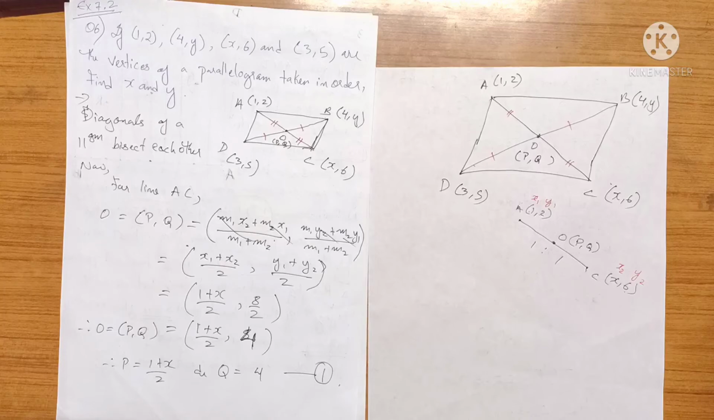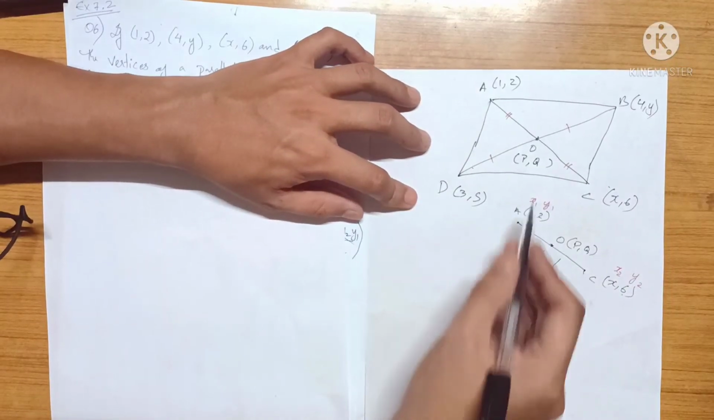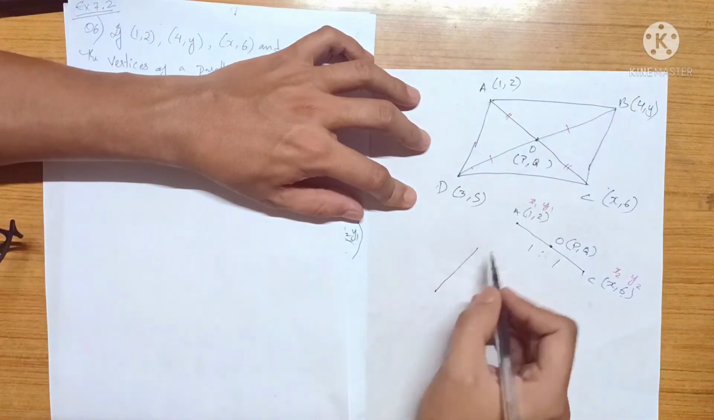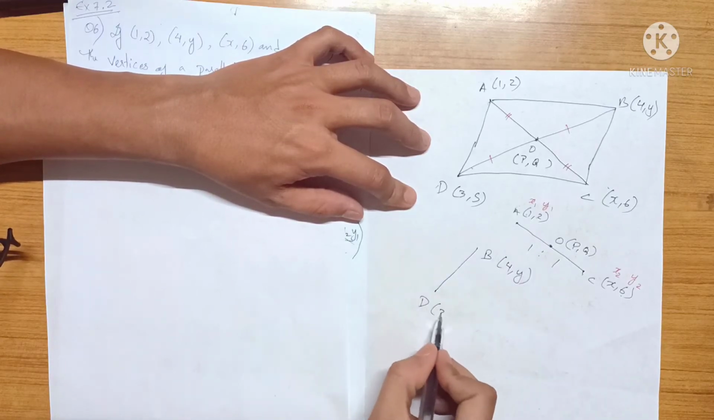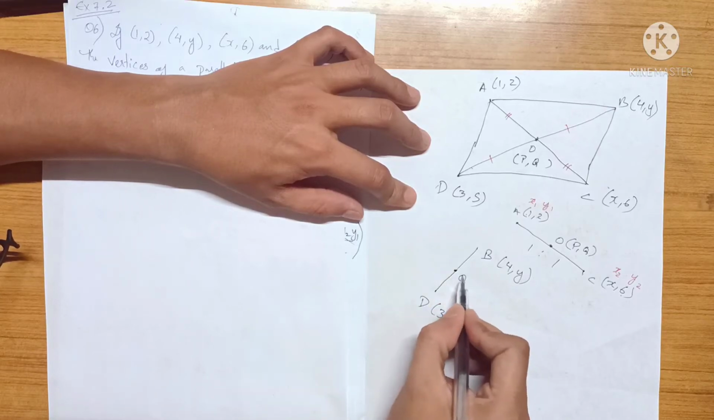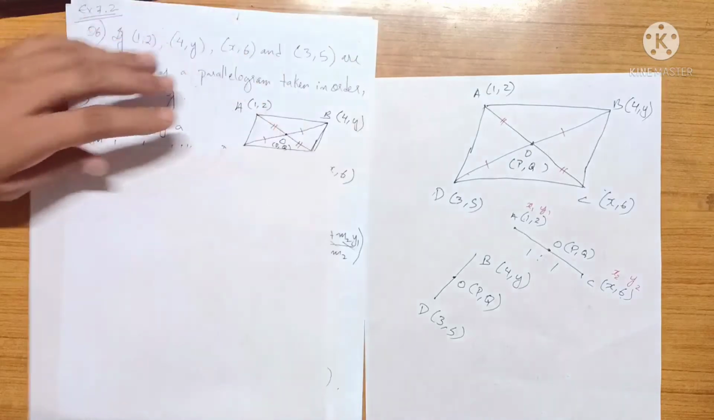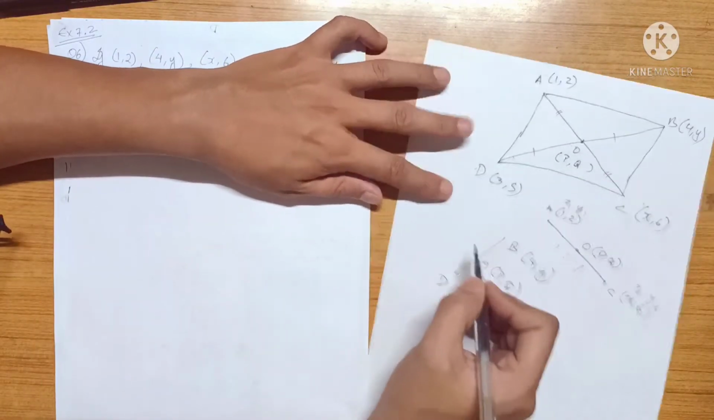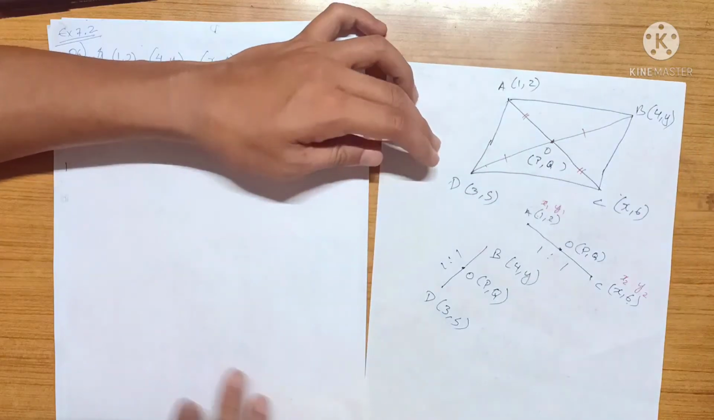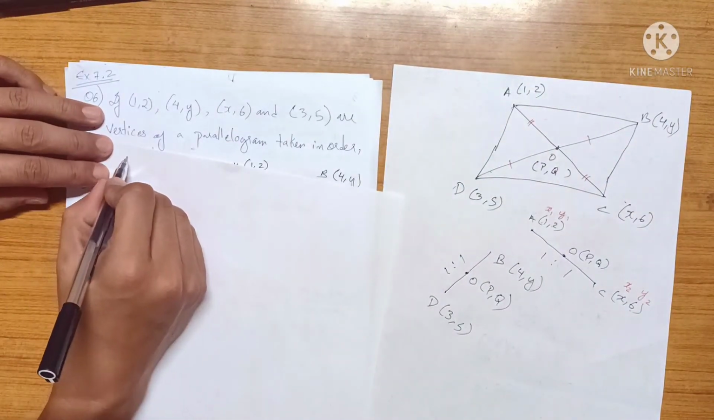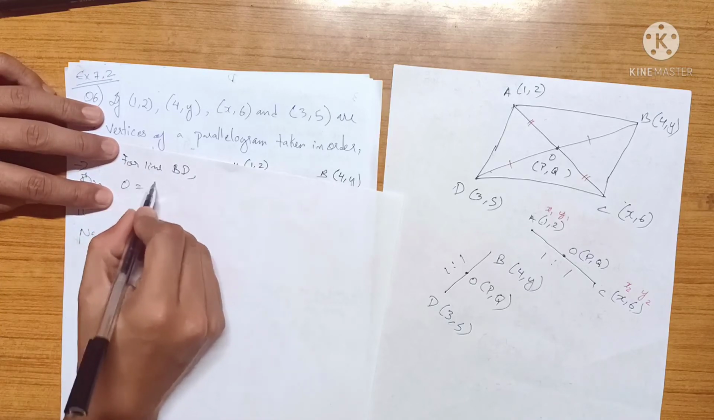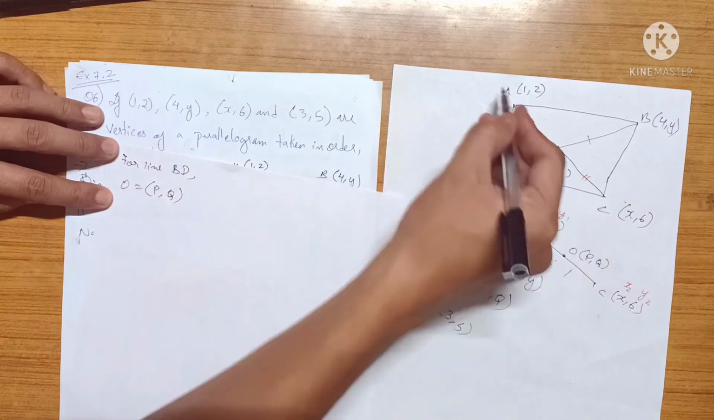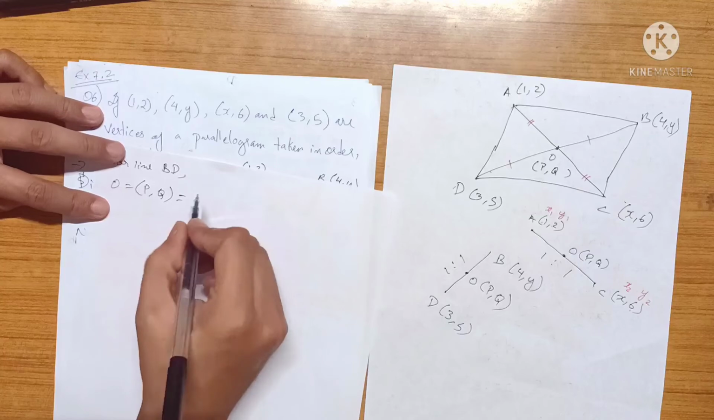Now let's do this for the line. This was for AC, right? Now I'm going to draw this line, this one. B is here, D is here. B coordinate is 4, y, D coordinate is 3, 5, and then the O is PQ. The ratio is 1:1, obviously. So for line BD, O equal to PQ, because we're talking about the same O. For this also O, for this also O, equal to